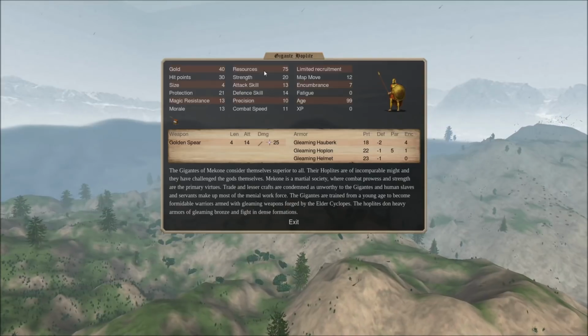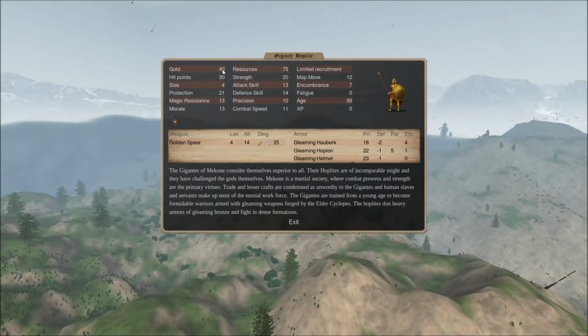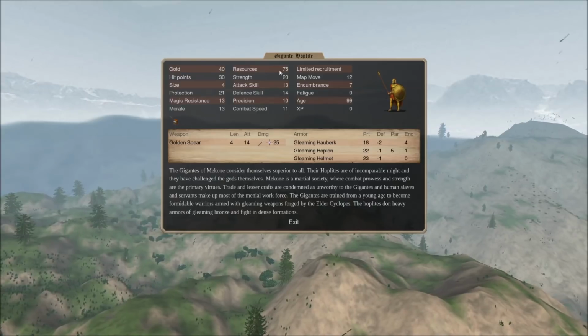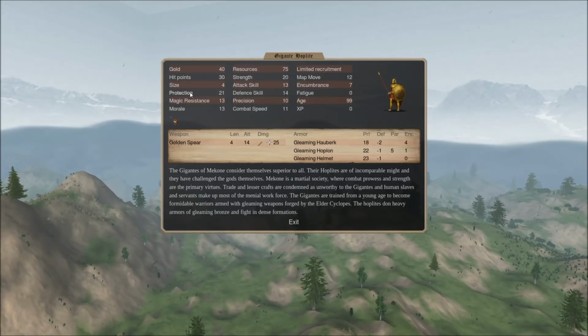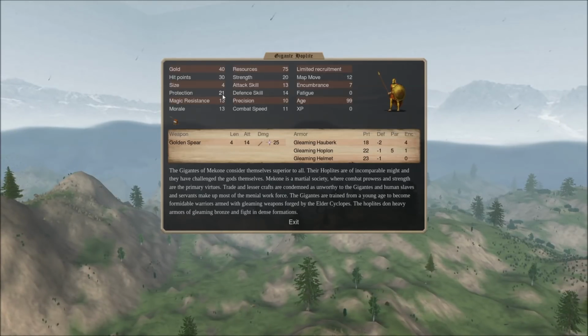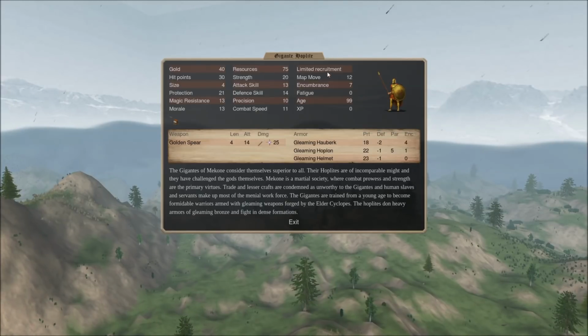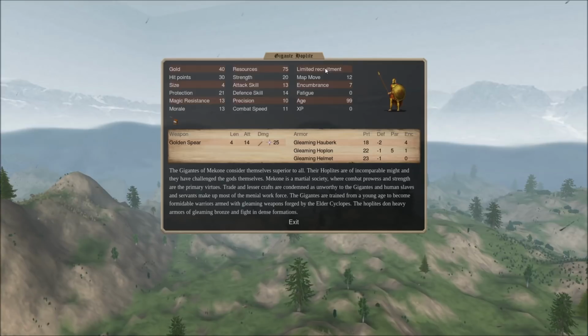They pay for all this with an exorbitant resource cost, primarily. Their gold cost is pretty high, but not out of line. The resource cost is quite high because they're using this bronze magical armor, which costs a lot of resources. But protection 21 on a giant chassis is not to be overlooked. They are limited recruitment. You can recruit 4 per turn in your capital, and 1 per turn in any other